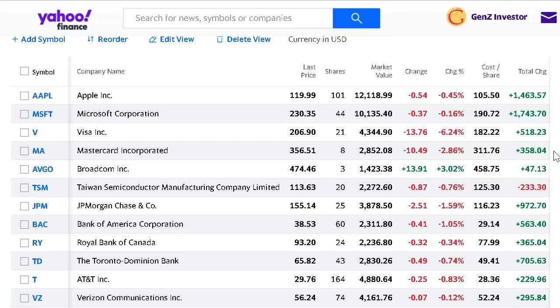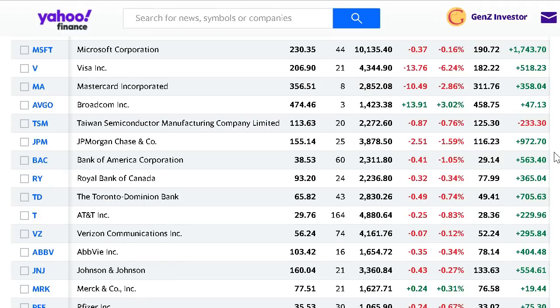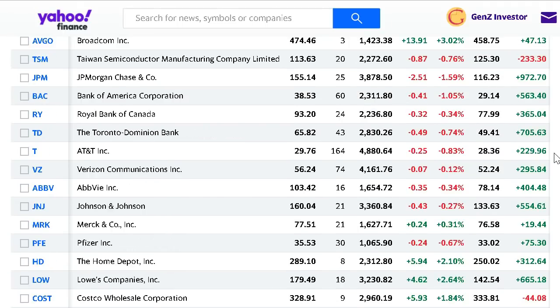And the end goal of this portfolio is to one day become financially independent and use the passive income that my investments provide to pay for all of my monthly expenses and to not have to rely on a job